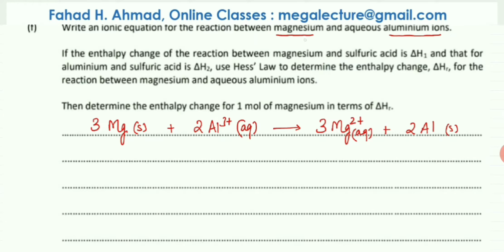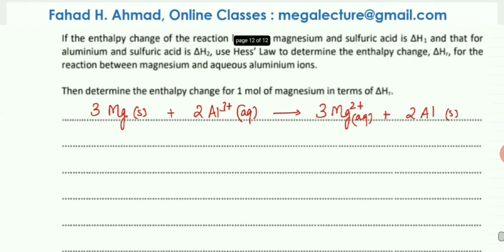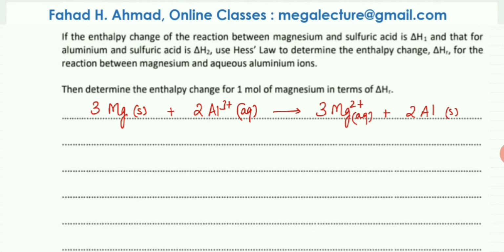We're going to use Hess's law first to explain how to get this enthalpy change, because we're interested in the enthalpy change for this reaction over here. So we're going to figure out how to actually get this enthalpy change using Hess's law. We need to create another path of doing this reaction, and Hess's law states that the enthalpy change of one path is equal to the enthalpy change of the other path.